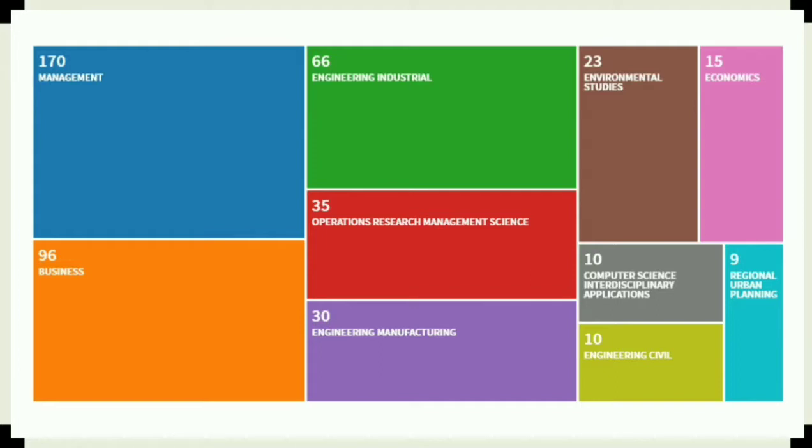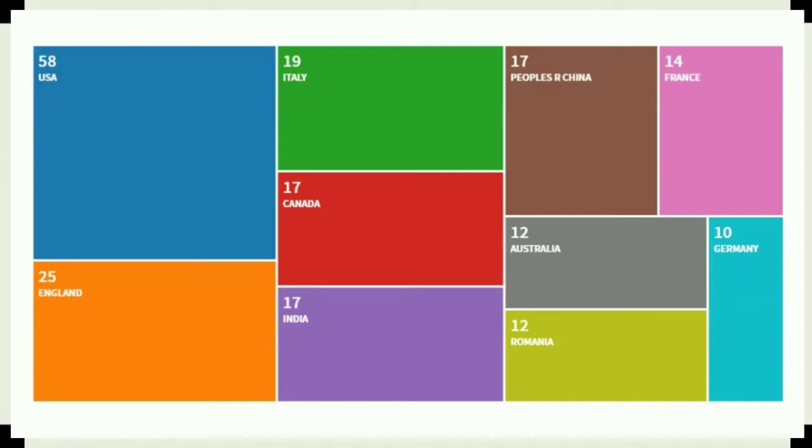In Figure 4, the results of the analysis are presented for the countries where most articles related to the search were published. The country with the largest number of publications is the United States, with 58, followed by England with 25 and Italy with 19. The ranking of the United States was somewhat expected and justified, since studies about quality have evolved since World War II. In addition to being the country of researcher William Edwards Deming, known for pioneering studies and considered the father of